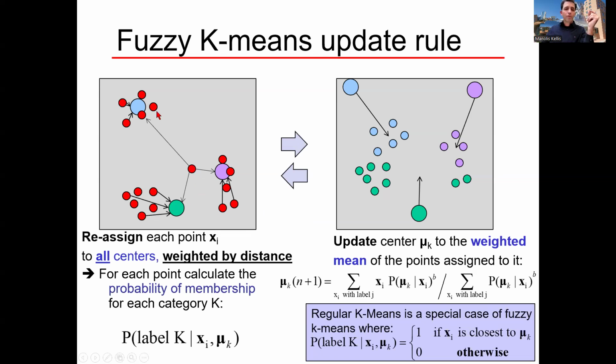For this point, it probably doesn't make a big difference, but for this point, it does. It's like 40% this and 30% that and 20% this or something like that. Okay? Anyway, the goal here is that instead of saying there's probability 1 of being generated by this cluster and this cluster only, we say that it's a probability that really depends on the distribution of the points. And again, that's where we're getting to the Gaussian mixture model. Every single one of these centroids is a Gaussian generating points from this distribution, randomly sampling according to that Gaussian distribution. And now when you see these points, you say, okay, which Gaussian is more likely to have generated this point?